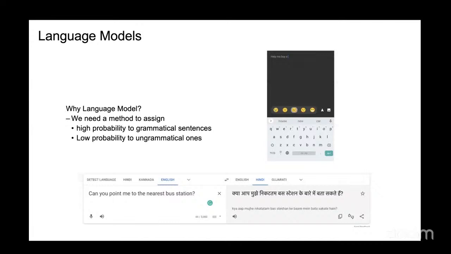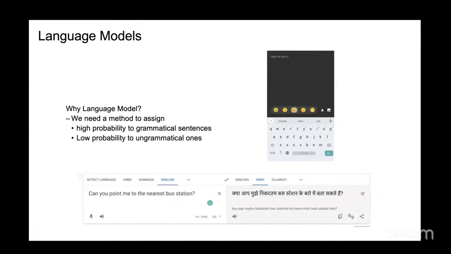The other more prominent example is what you see on your mobile phone day by day. When you start typing a sentence, it automatically gives you suggestions, right? That was one of the earlier applications of language models. All these suggestions, the keywords which are wired into your keyboard, are done based on language models. Whenever you start typing, it starts generating the most probable next word. So that's what language models are about.